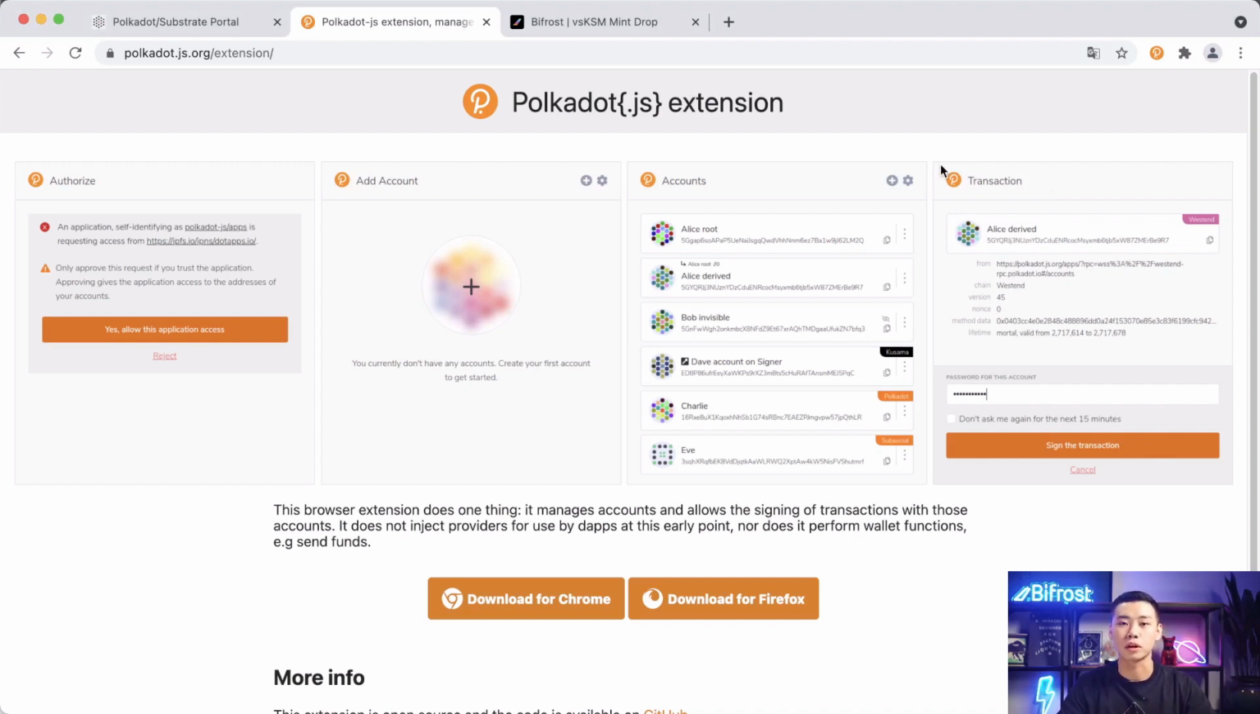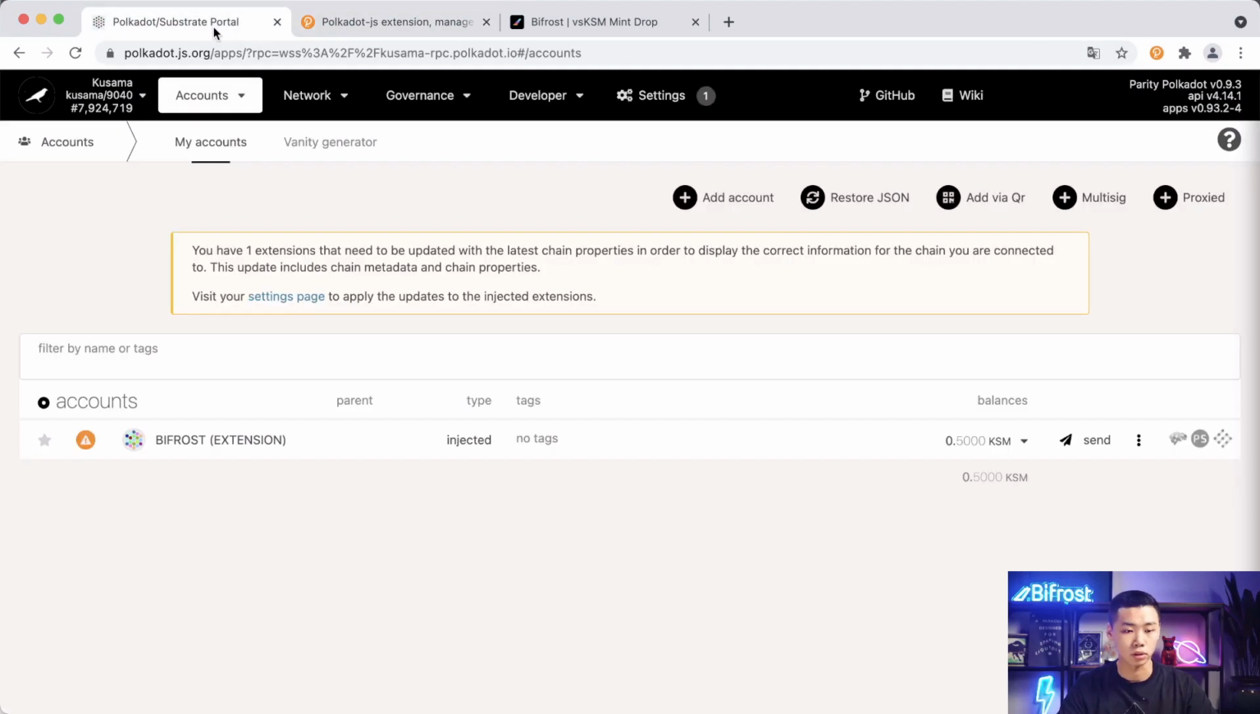Today I'm showing you how to contribute your Kusama to Bifrost. So first step, we take a look at the Polkadot.js extension. With this extension, you can contribute your Kusama, and we already got one, so we switch to the